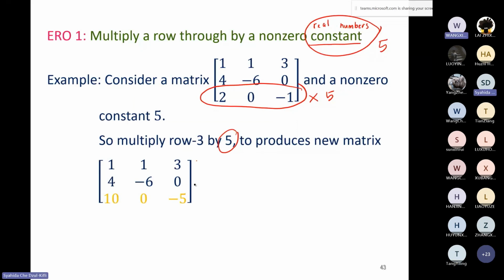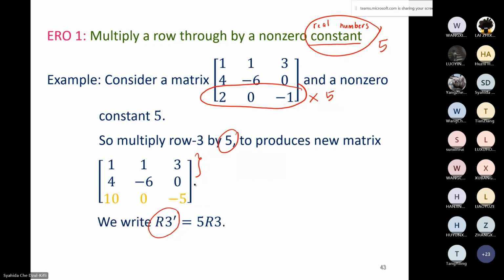Yes. The other rows remain the same. There are no changes. So I will use this notation to indicate what I have done. Okay, R3 prime